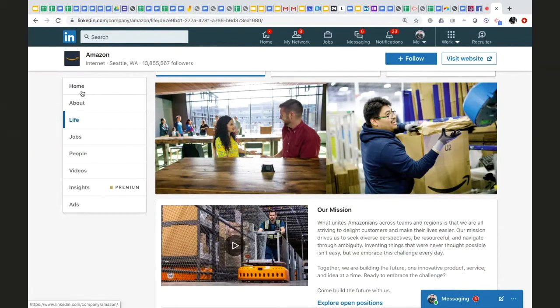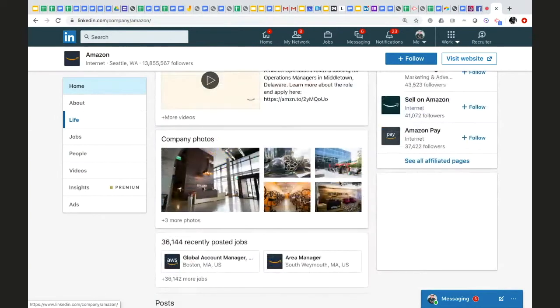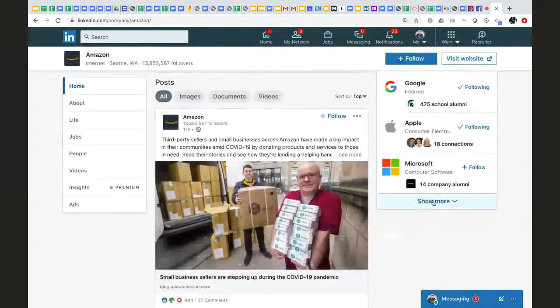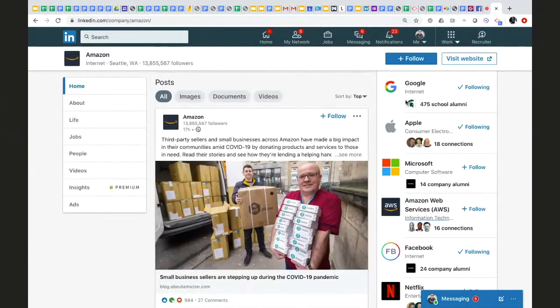If you're looking at benchmarking against other companies, especially small and mid-sized business companies, if I come back to this homepage, LinkedIn compares the 6 companies that are most similar to this company. With Amazon, it's pretty easy. We know it's like Google and Apple and things like that. But if you were looking at, say, small startups and you wanted to compare against other startups, this is a